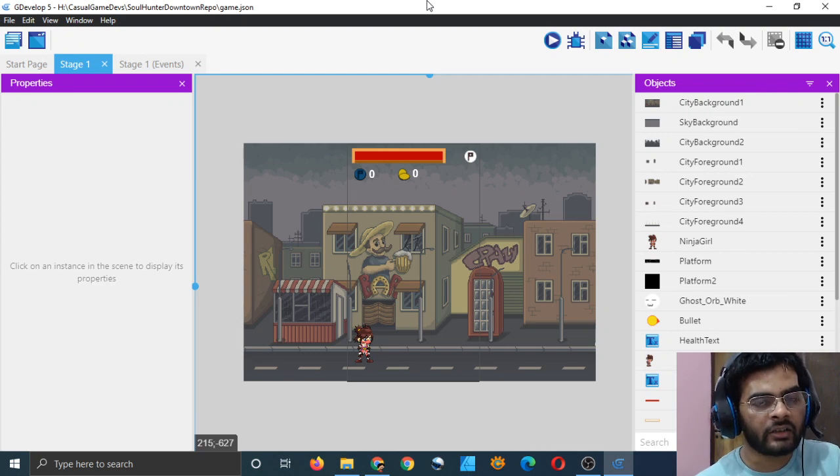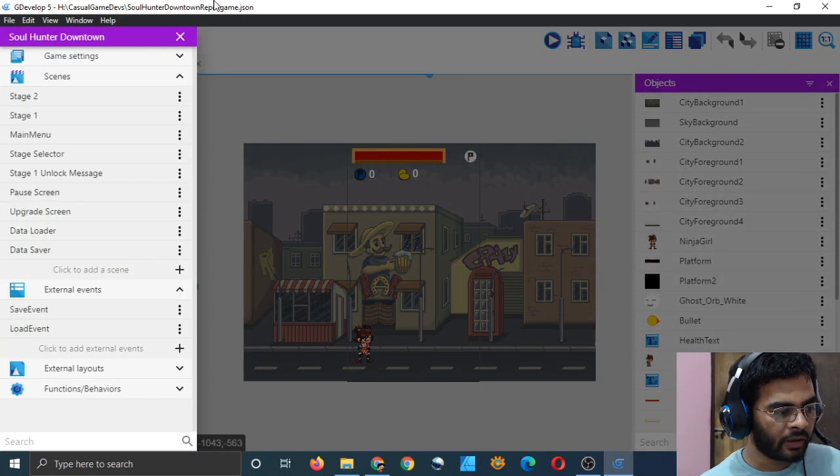And the third case in which we should save the game is when the player character pauses the game and they want to go back to the main menu. Right? In these three cases, we must save the game, so that their score is saved, right? That's what we should do. And let us do that. It's not very difficult, it's very simple.